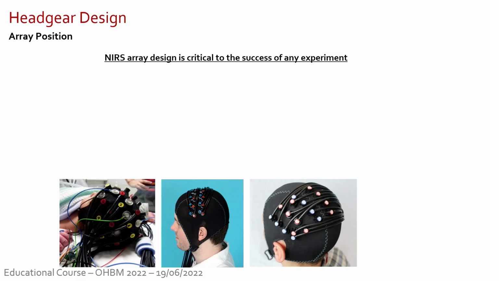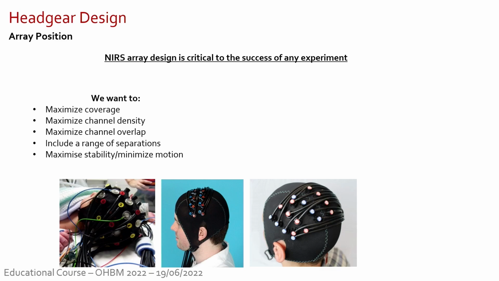So as we said, unfortunately, with fNIRS, we cannot cover the whole head. It's very much hypothesis-driven. So if you know you're testing, for example, a specific cognitive domain or a social domain, you review the literature to see which brain regions you think will be activated, and you focus the position of your optodes on that specific brain region, right? So what you want to do is, of course, maximize the coverage, maximize the channel density,